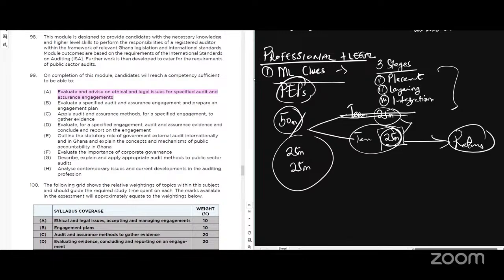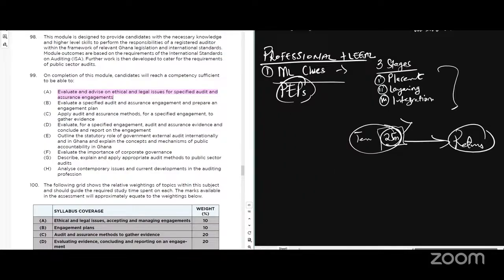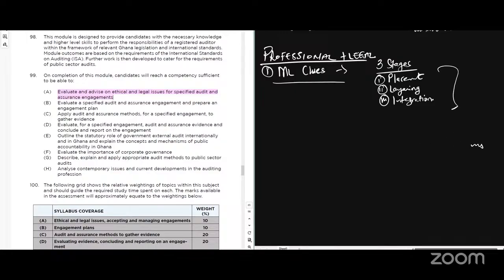So my style is that whichever one you identify, write it down. So I've given you the first one. I said it is what? The first one is what? Money laundering clues, right? I know this one you will learn in class, so I'll not worry myself plenty, but I'm just giving you some of the things that you are going to see, right?